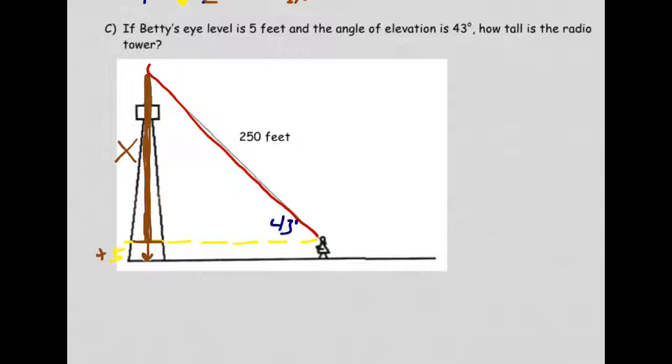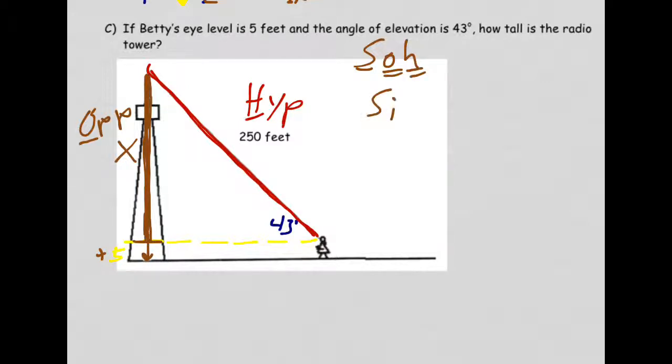Now we've got our angle, 43. We've got this side that is on the opposite side of the triangle, so we're going to call that opposite. And the longest side of the triangle is always called the hypotenuse. I can't remember the mnemonic off the top of my head, so I'm going to have to do my SOHCAHTOA. Sine is opposite over hypotenuse. Hey, look at that, opposite over hypotenuse. Okay, so sine of 43 degrees,